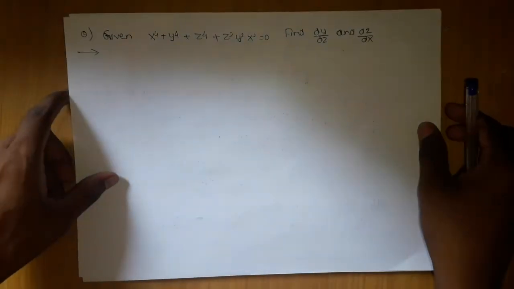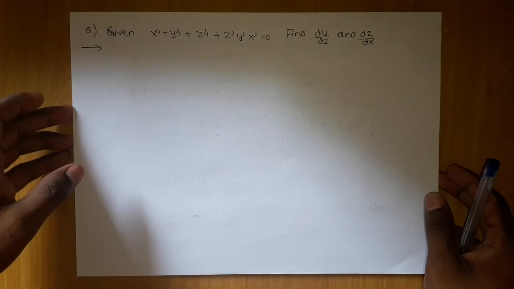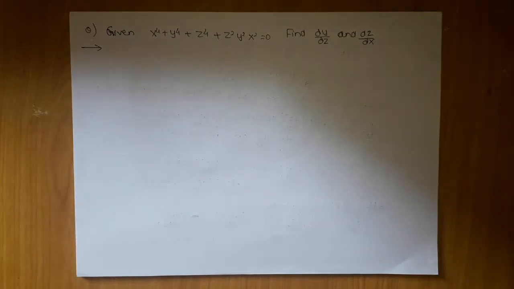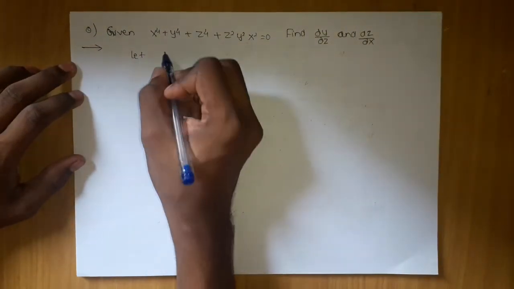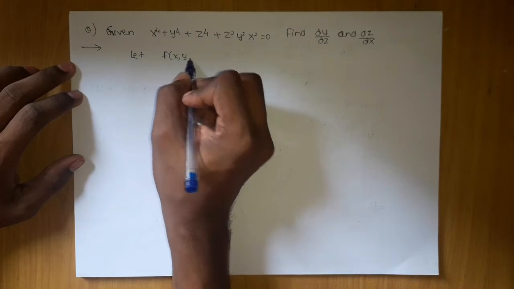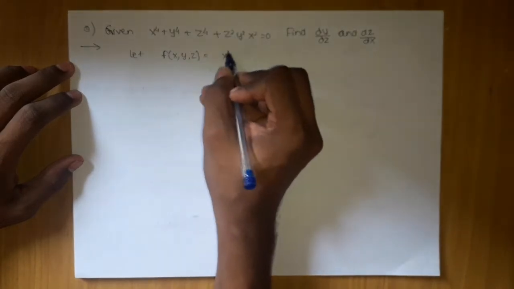Now let's take the questions. So the first question which we are going to take is this question: given x power 4 plus y power 4 plus z power 4 plus z square y square x square equals 0, find dou y by dou x and dou z by dou x. Now let f of x comma y comma z be equal to